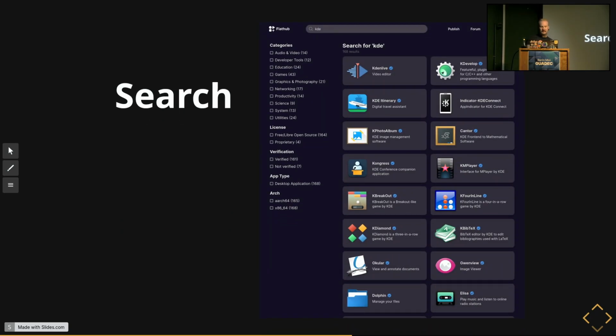We also have a search, which was not that hard to do, but it's really a nice thing because you can really fast find stuff now. Other people also say that, but I always end up using the search on FlatHub because it's kind of fast. You go to the website, you hit a key, you can start typing, and you basically have your result. And that's really nice. We also have facets and filters where you can filter down for arches or for licenses or categories, which is pretty nice.